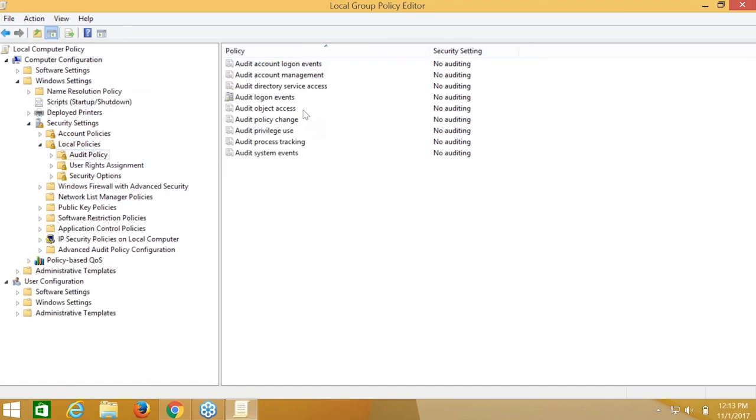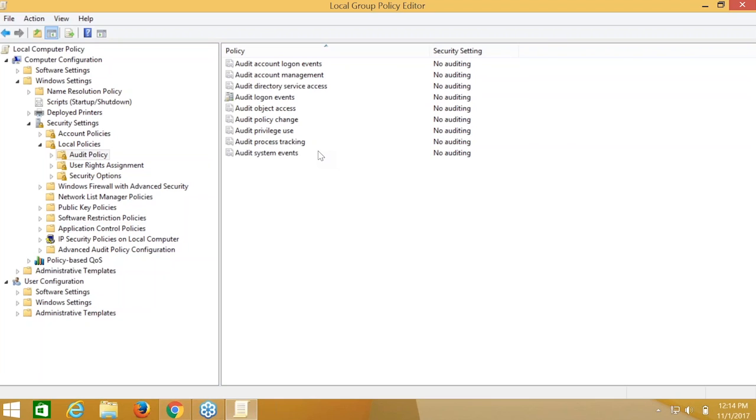So you see events on the screen like log on events and account management, directory service access, object changes, privilege use, and so on. So you can enable auditing for any of these events so that the system starts generating log entries each time these events occur. Now it's important to optimally configure this because you don't want to enable auditing for literally every event possible, because that way you just end up with too many logs and it becomes very difficult to go through this data and extract some valuable information out of it.